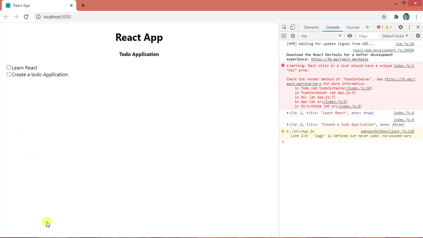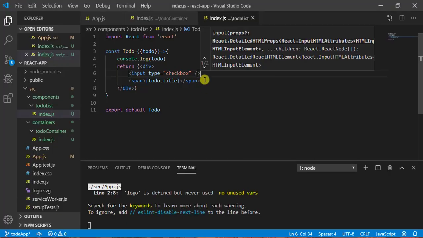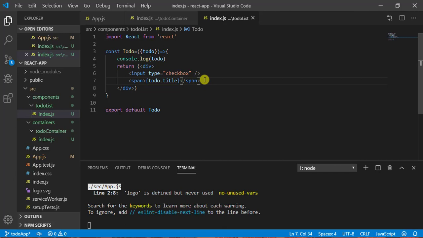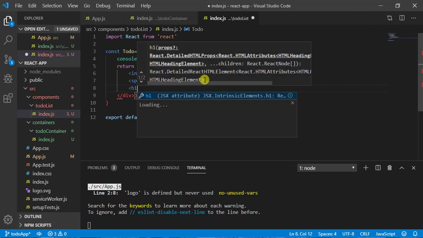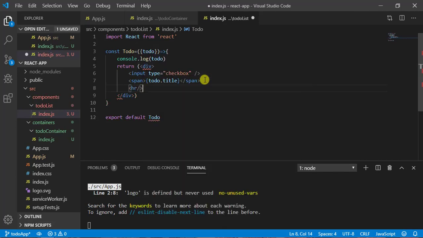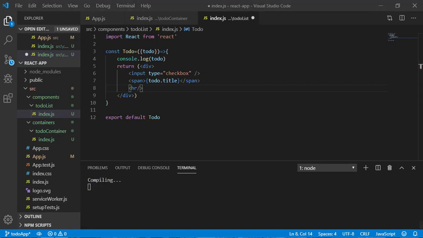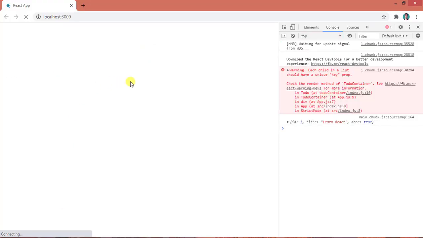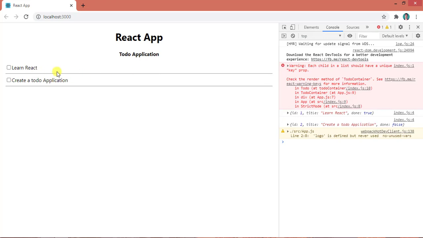Okay, right now, what we want to do is, below this one we will have a line. Let's call this HR, horizontal line. It will give you a horizontal line, as you can see here. Now we will give some space to this one.